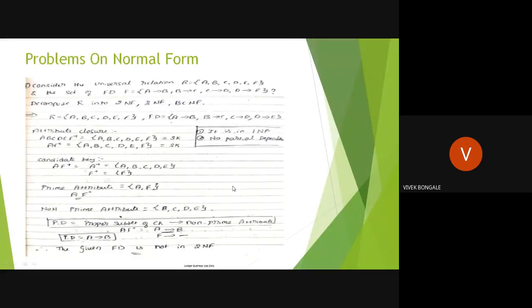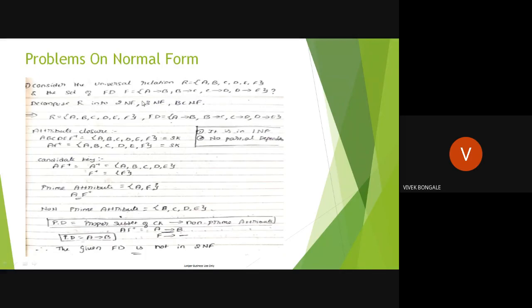Now we have to check whether this functional dependency satisfies second, third, or BCNF. To check second normal form, what is the basic condition? It should be in first normal form. Yes, the given functional dependency always satisfies first normal form, so no need of checking. Second, no partial dependency should be there. If all dependencies are full functional dependencies, then the table doesn't violate second normal form. We can easily write that this table is in second normal form. It is not violating second normal form. Okay, these two conditions we have to check.